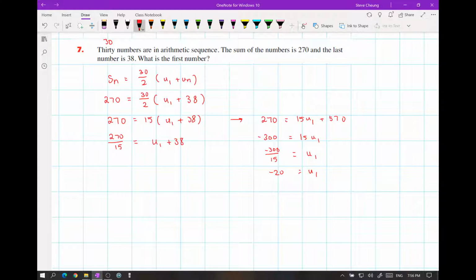Okay, but on the left-hand side, notice that 270 divided by 15 will be 18. Then minus both sides by 38, I get negative 20. So either way,